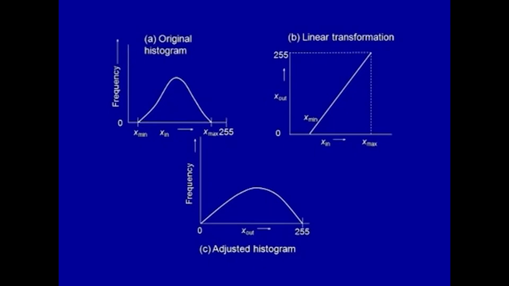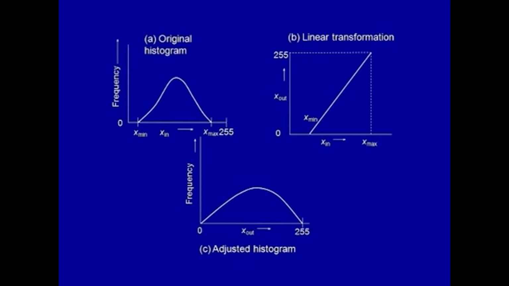Once this mapping has been done, it provides to the device displaying the image how the x minimum value is to be projected and how the x max value is to be projected onto the display device, with all the intermediate values being distributed linearly in between this particular range. Having done this, the image undergoes a change in the visual appearance on the display device,